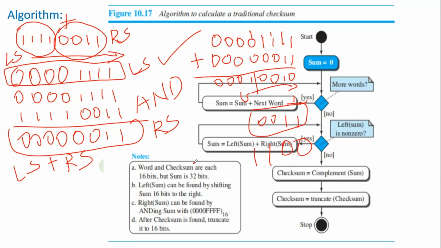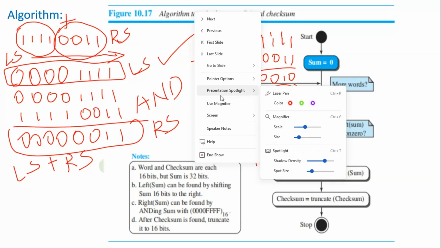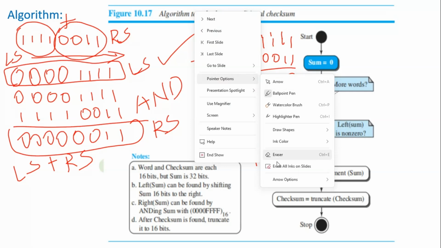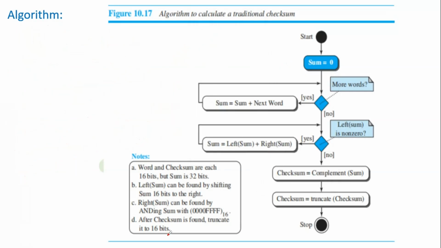Hope you have understood. Likewise, you continue till it becomes the number of bits we wanted, like here it is 16 bits. Suppose after doing it once, you end up with 17 bits, then again we do the same kind of operation and make sure that it is in 16 bits. Once it is done, the left sum is 0, which simply means it is fitting within the 16 bits. Then you complement whatever sum you have got, and that is taken as the checksum,